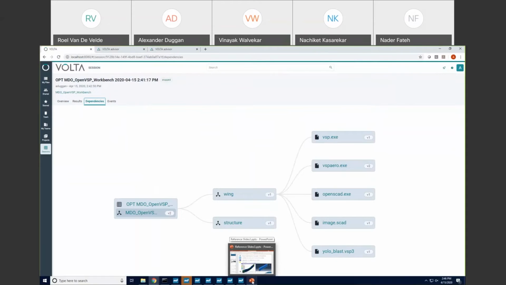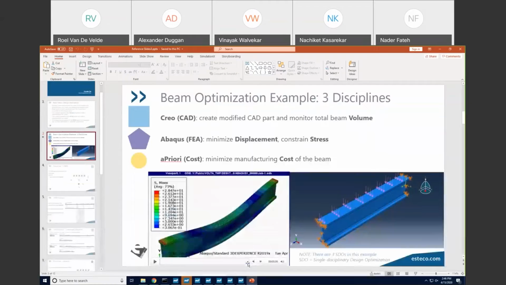So I'm going to jump to our second and last example. This one's a little bit more generic for those of you not in aerospace. It's a beam optimization with costing. So just to introduce it real quick,